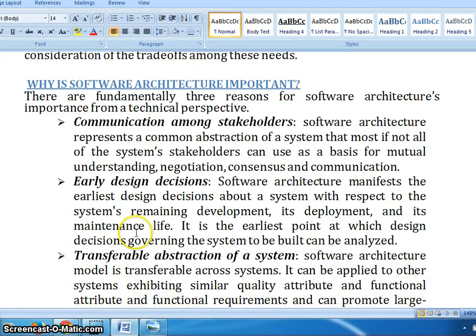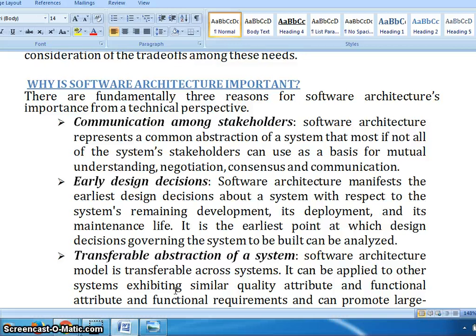The first thing is that it is a communication among stakeholders. The best analogy for this is, I want to construct a building, and first I will decide what things I want in that building.